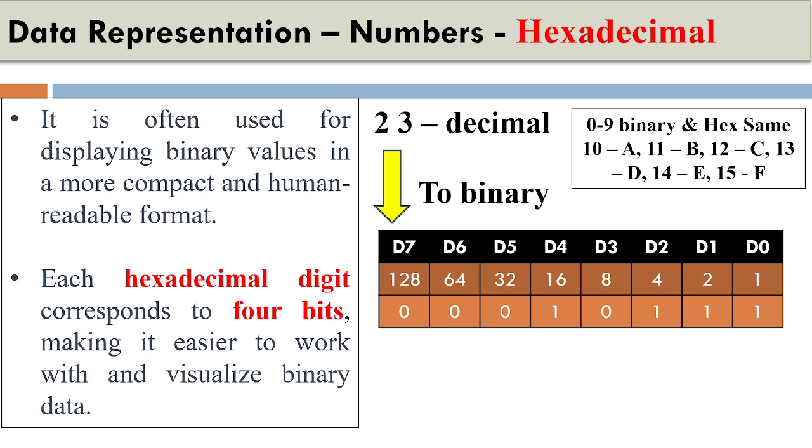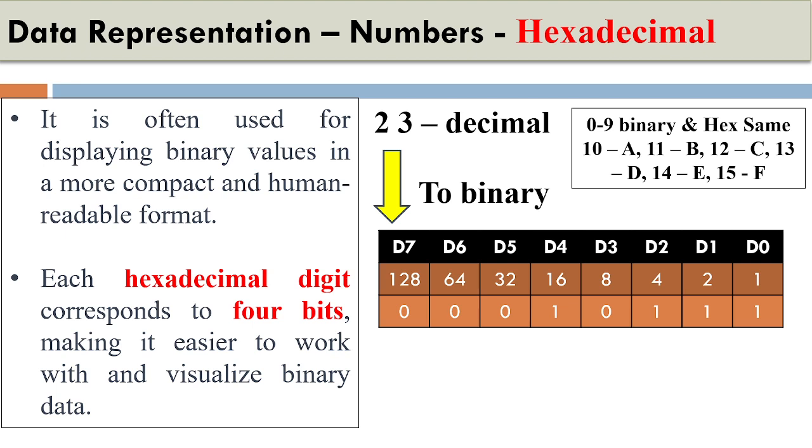So the very next one is 16. I'll put 1 there, and I will then see I have to add 7 more to get 23. So I cannot put a 1 under 8. I will put ones under 4, 2, and 1. So I get a binary representation of 23, and this can then be converted into hex, where we take the